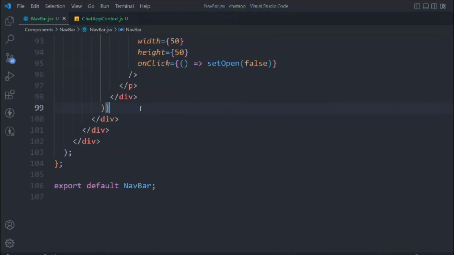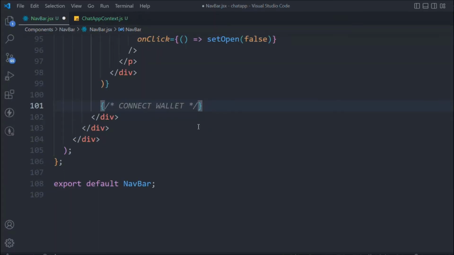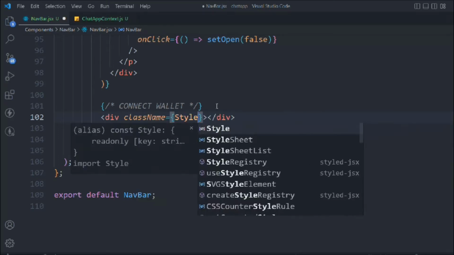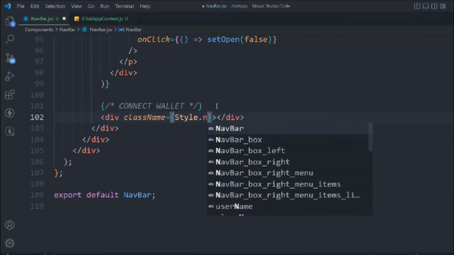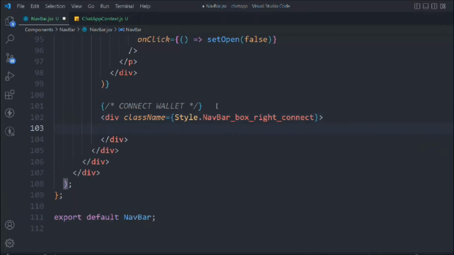Let's come down, and we have to take this connect wallet function. Okay, so we'll have a button in our menu which allow us to connect. So we'll have a button in our navigation bar which allow us to connect with the wallet. Okay, so let's create that element first. So we'll say div, we'll say style nav bar box right connect. In that we're going to take this